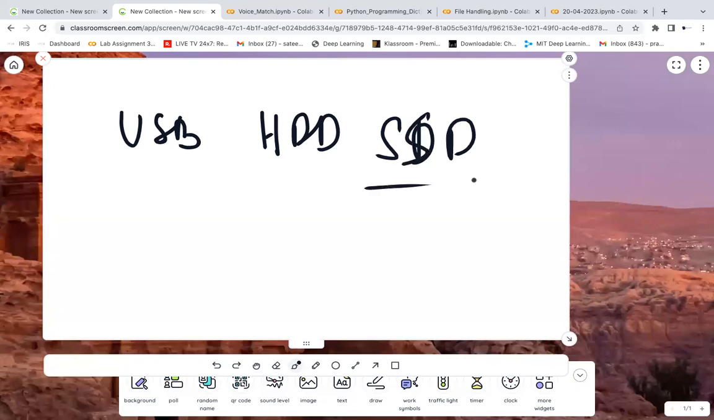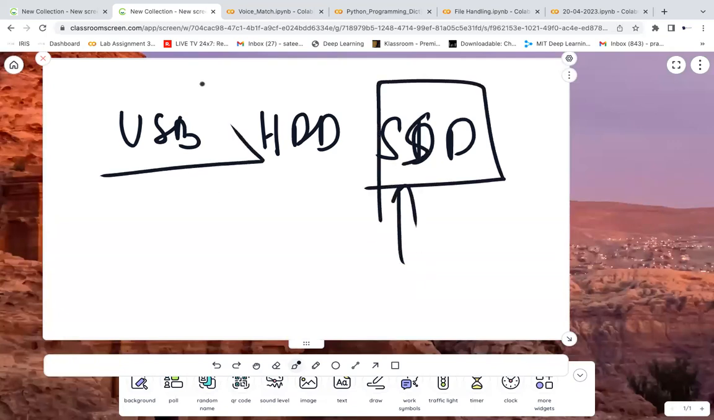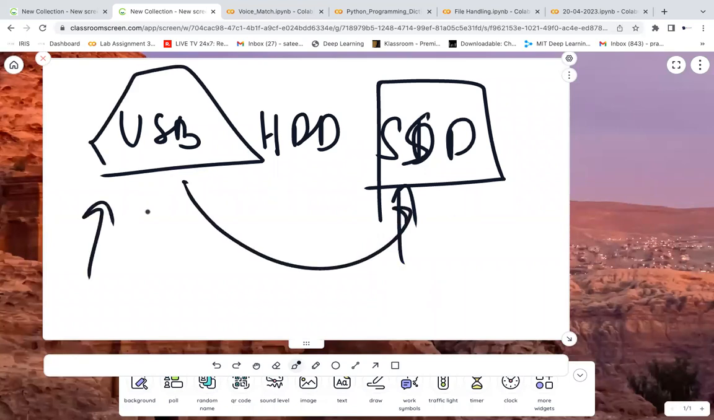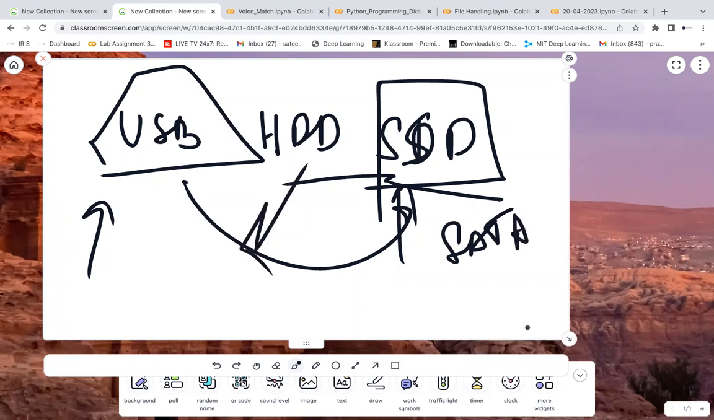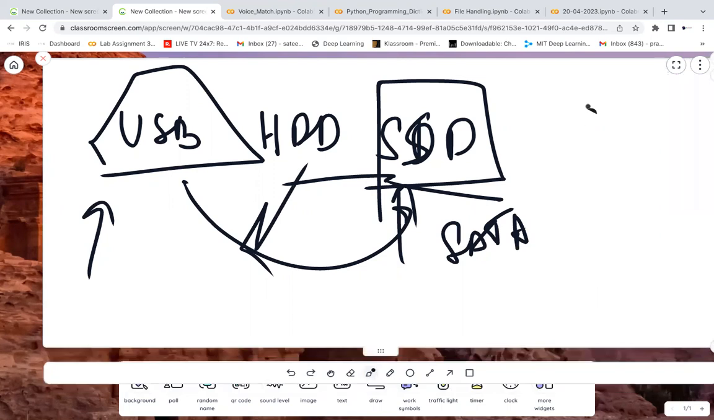SSD is a solid state drive, based on flash. USB is also based on flash, but the interface is different. USB has a USB interface, while HDD and SSD will have a SATA interface, or some other interface like SAS. HDD is a magnetic drive. CD-ROM is an optical drive. So whether it is USB, HDD, or SSD, there is a segment